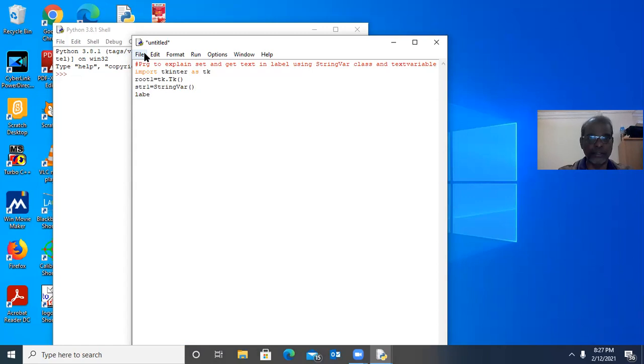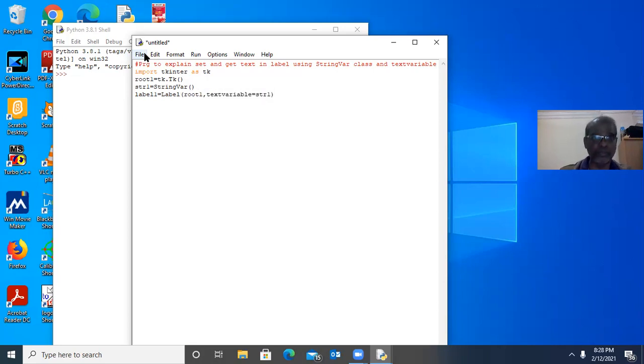Now I would like to create one label. Now we will see how to create the label. Label, here the top level window. Previously we were typing text. Now we are using text variable because we are going to assign here one variable, the string variable str1. That's all, very simple.